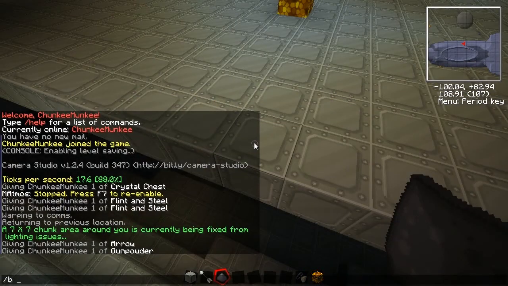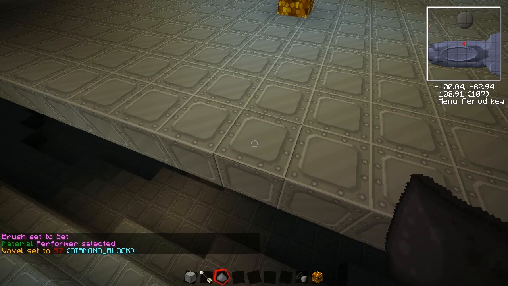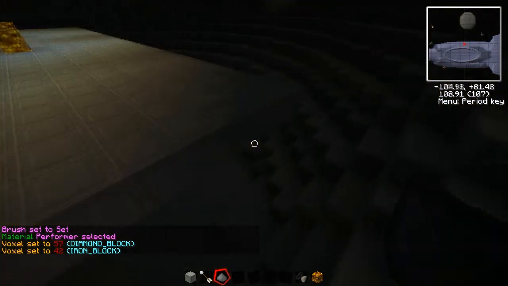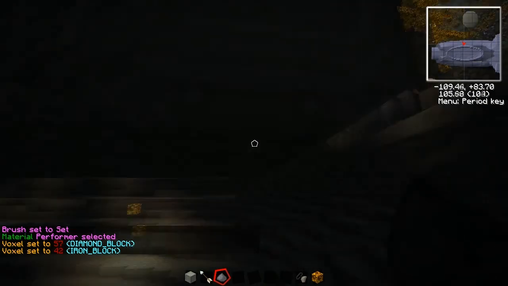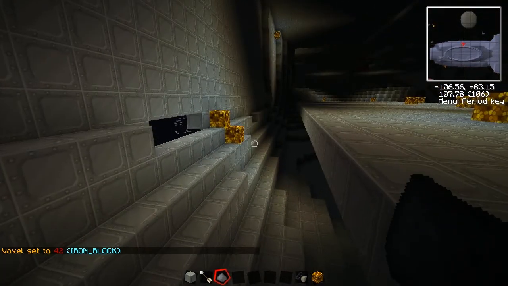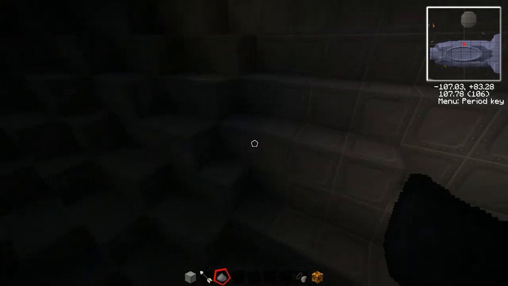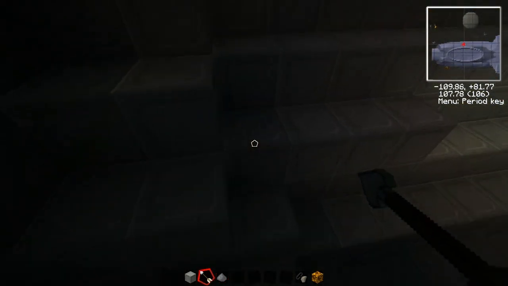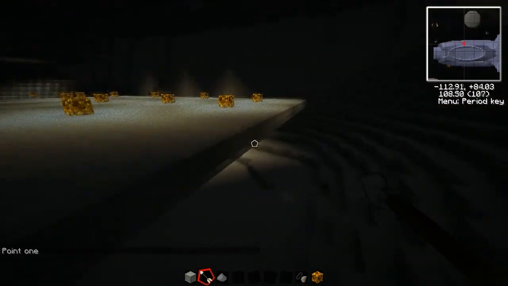The tool we need is set. I would like the material to be iron, so set the voxel to what I'm looking at, iron block, and I'd like it to go, we might as well go all the way actually. So, I will use the arrow for this. I will go from here to